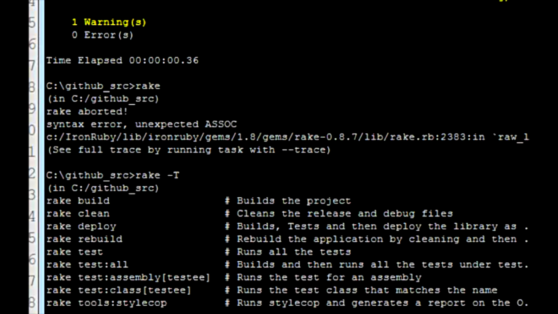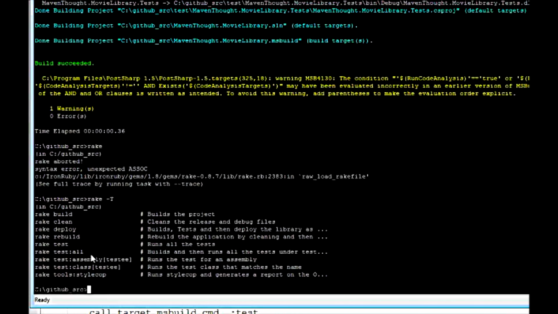And this is a very powerful tool because anyone can come and work in our project without any knowledge about how our MSBuild files or how our target files are created, and we can always use Rake in order to show them. So the only knowledge you need is that you use Rake, and you can do Rake -T, and the rest is on the screen. So now if we want to test, the only thing we need to do is to do